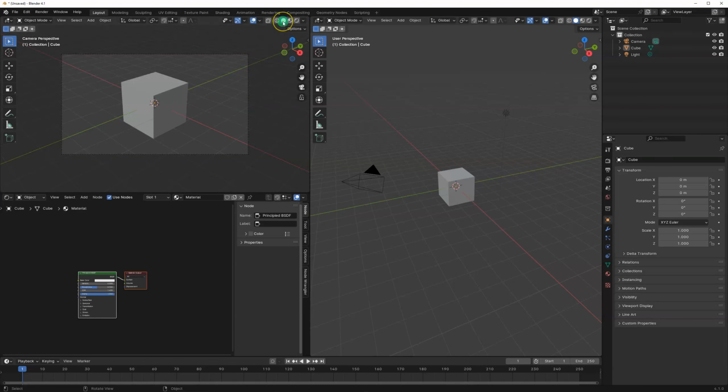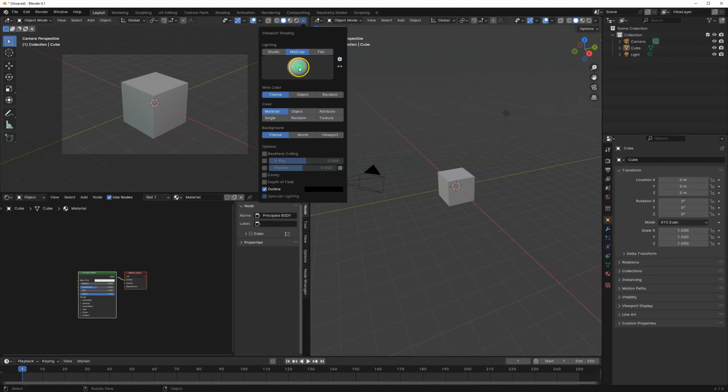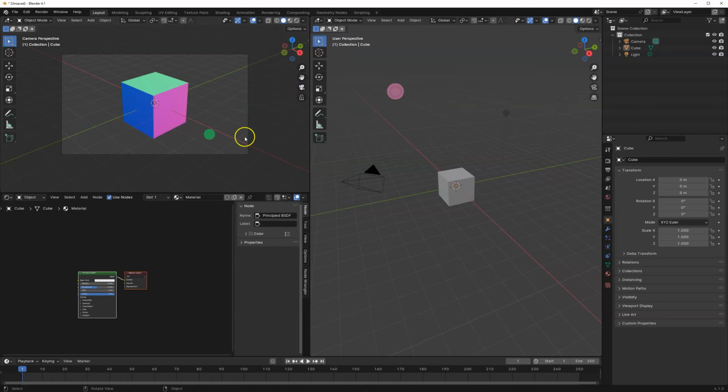And then also under here, the shading, we can click on this button, and you can use MatCap. And if we press here, you can get these different MatCaps which look pretty good and help you differentiate your model sometimes. So that's quite a handy way of viewing your model. Also we've got these icons down here, and these are all our editing icons for our different features. And then up here is our scene and all the objects in our scene,